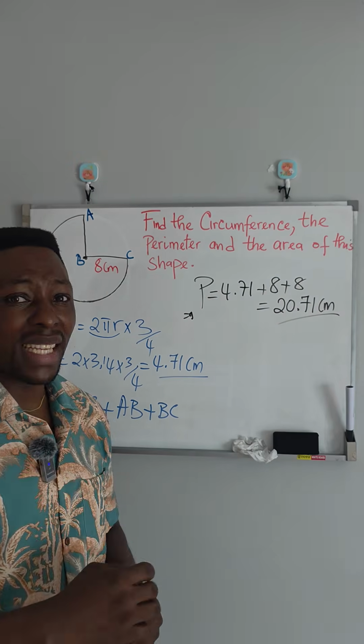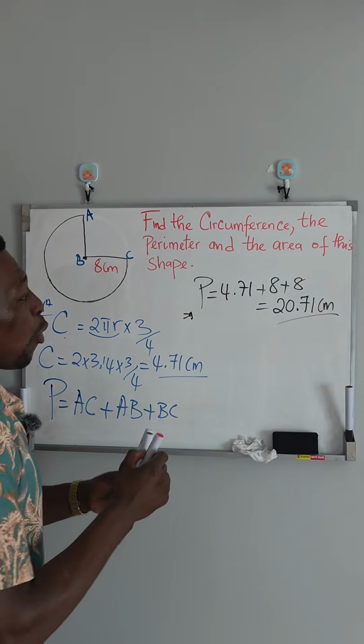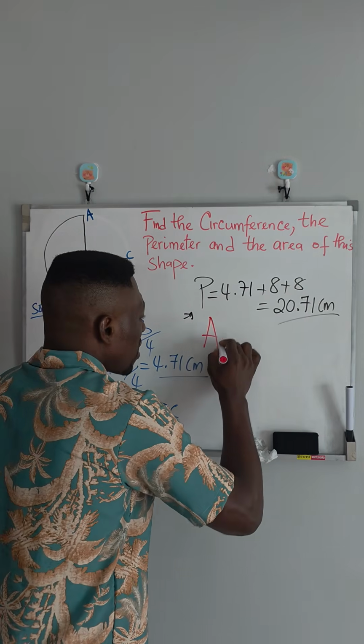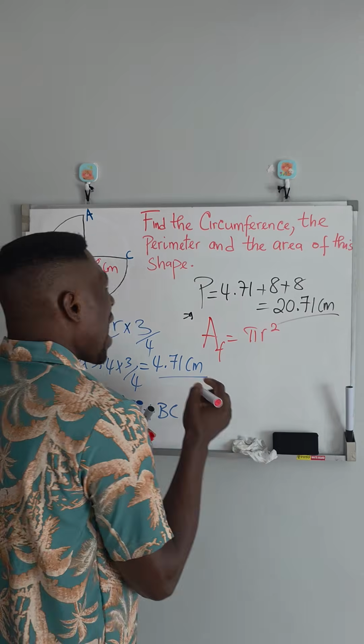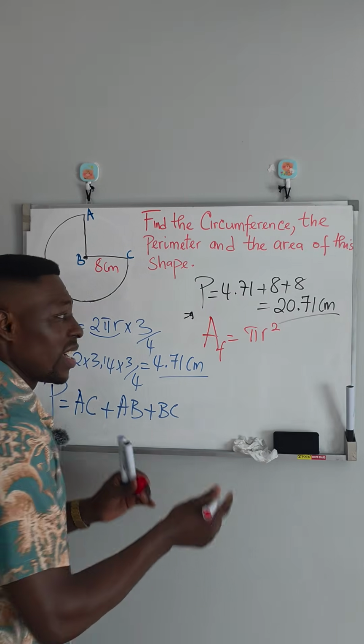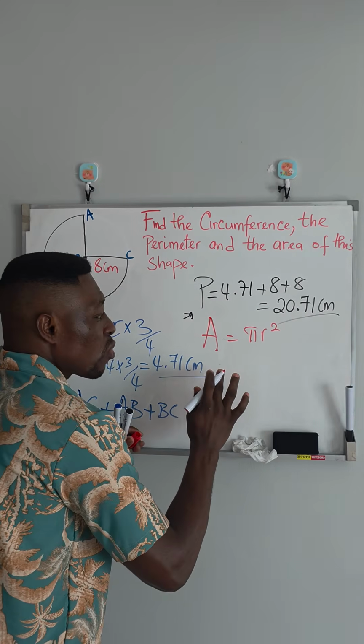Now, the last thing, which is the area. How do we get the area? It's the same logic with the circumference. We know that the area for a full circle is given by pi radius squared. So, if we are having 3/4 of a circle, the area of this shape would therefore be equal to the area